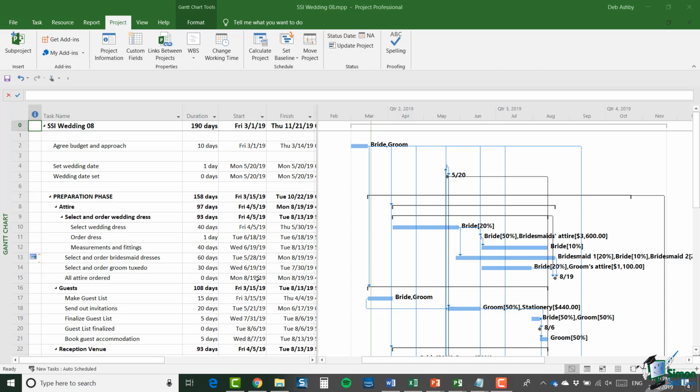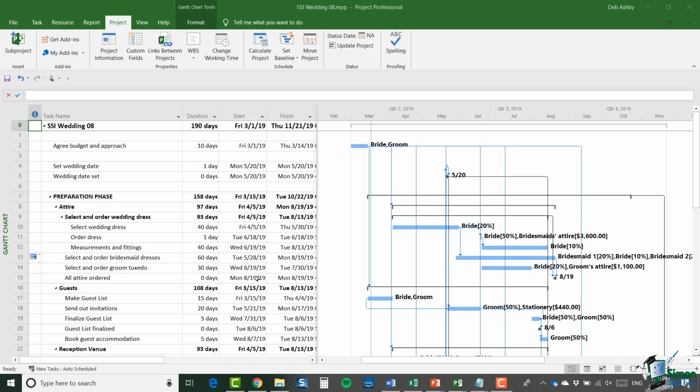And hopefully when the project starts and we start measuring our progress on the project, the baseline is what we keep close to. Ideally, we're going to deliver the project according to the use of resources, the timescales, and the cost in our baseline. So the baseline is in fact a snapshot of a project at a specific point in